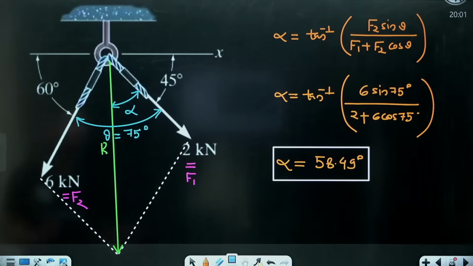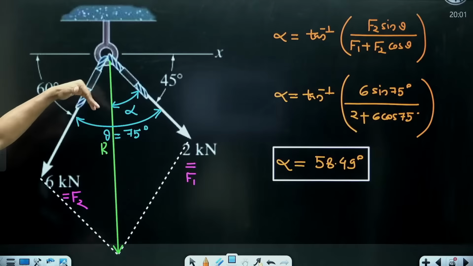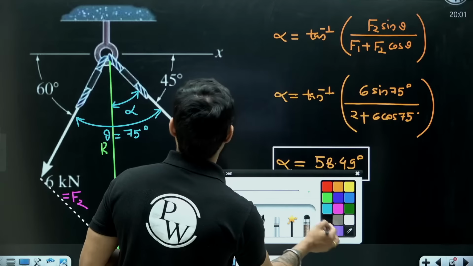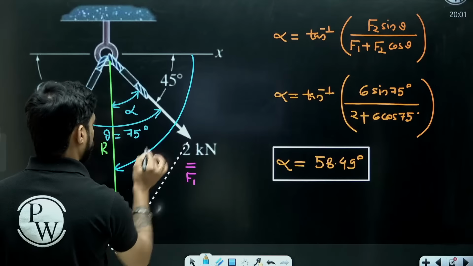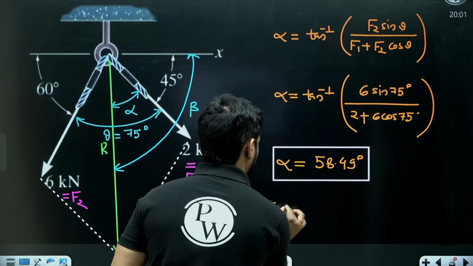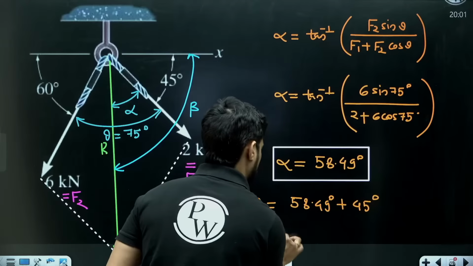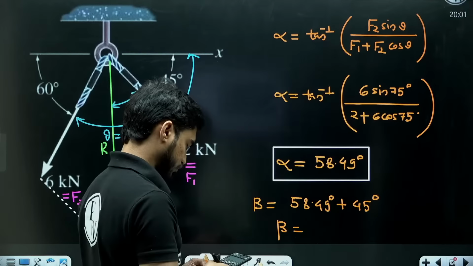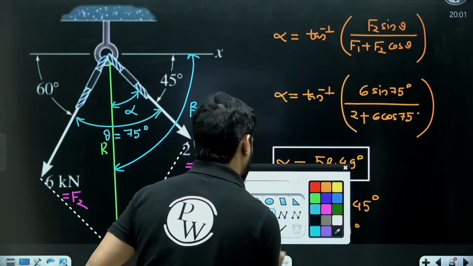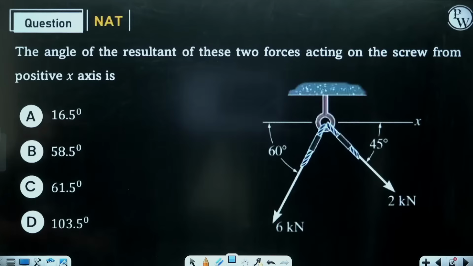But this is not our answer. See, they are asking you to find the angle between x-axis and resultant. So what will be this angle? Our answer will be this. Let me call it beta. So what will be beta? Beta will be 58.49 plus 45. So what is beta? It is 103.49 degree, almost 103.5 degree, right? So our answer will be D,